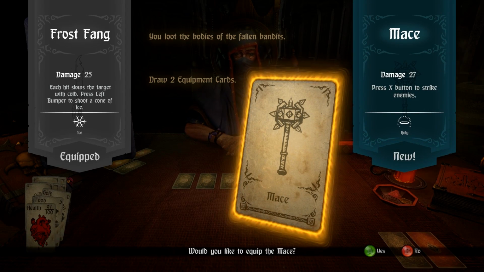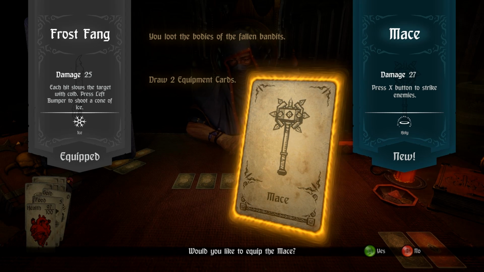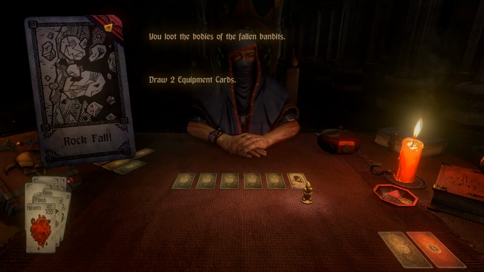A mace. Perfect for bludgeoning the undead. Does 27 damage, so I'm not going to bother with this. It only does a little bit more damage, and I find the cold effect to be much better, so...